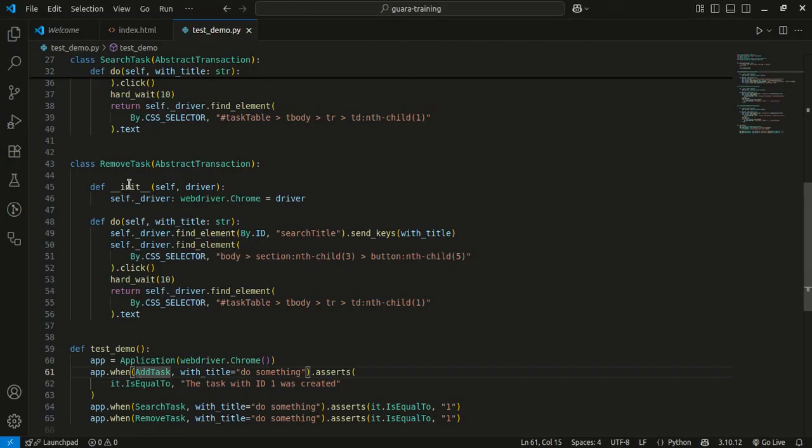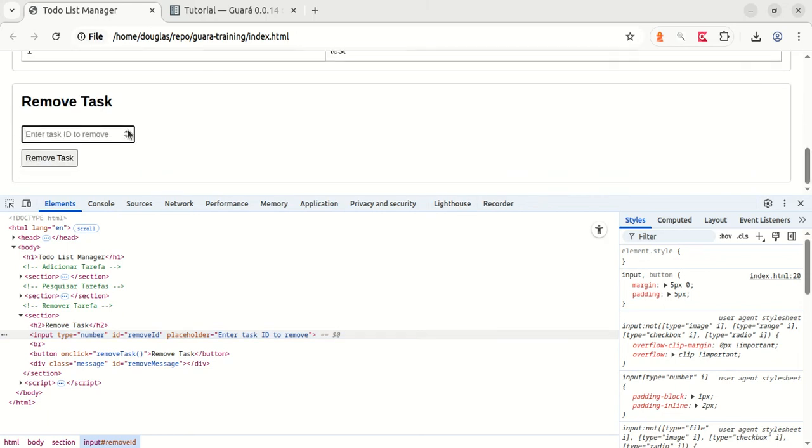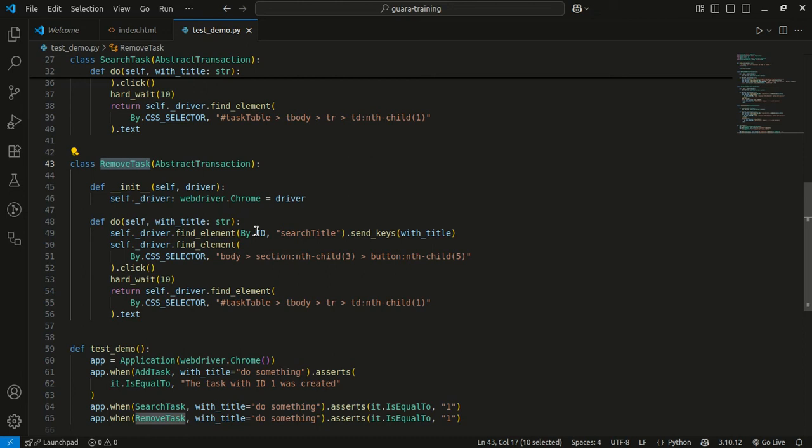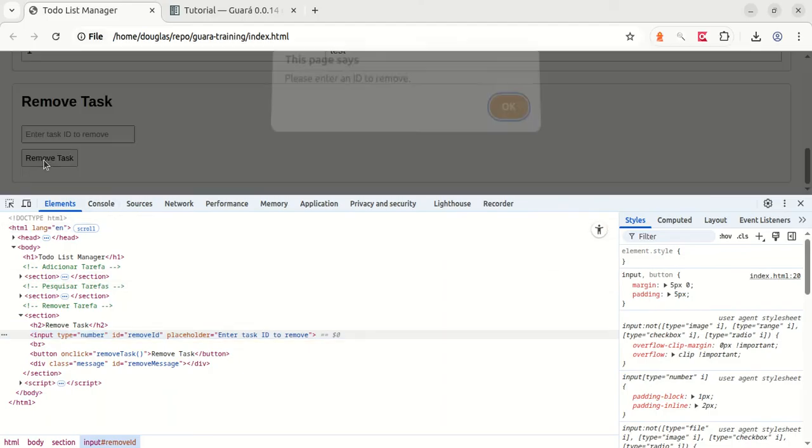So in this case, I have again a new class that I'm calling remove task, and I need to fill this field that has the locator called remove ID. Let's replace this here. Okay, in this case it's not with title but with ID,